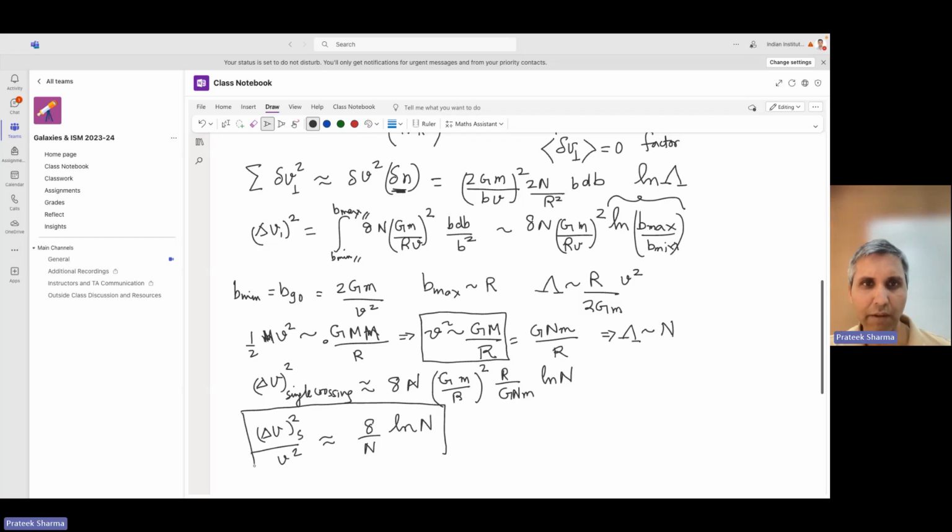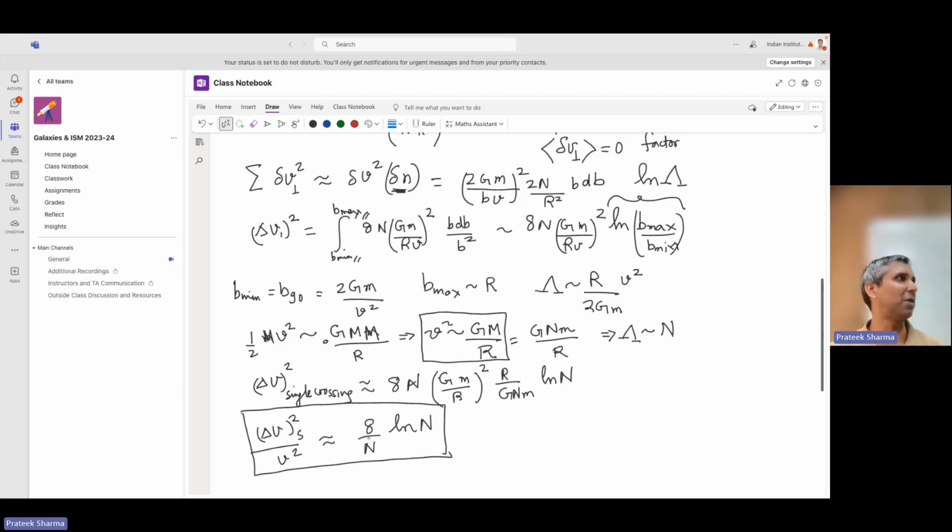What it says is that in a single crossing of a gravitational system, the stars will undergo delta V by V, which is of order given by this. So if n is large, if the stellar system consists of a lot of individual stars, in a single crossing you just have very little deviation from its original path. So it does not really collide with essentially anything. It's actually somewhat counterintuitive. Larger n makes the system less collisional.